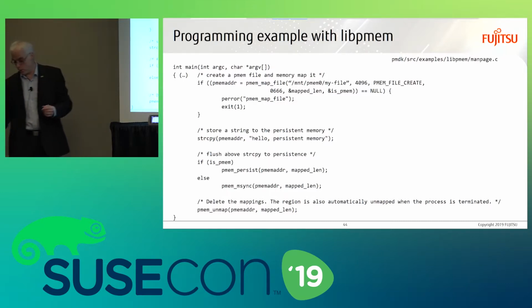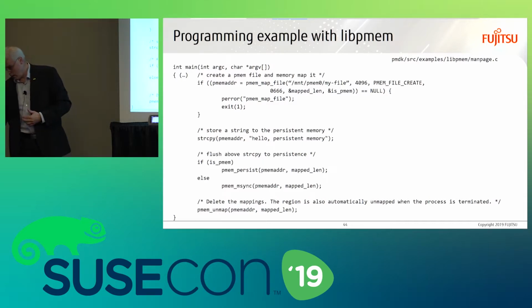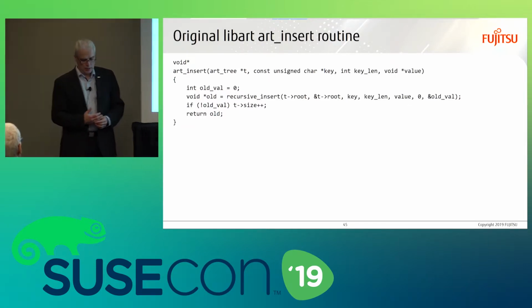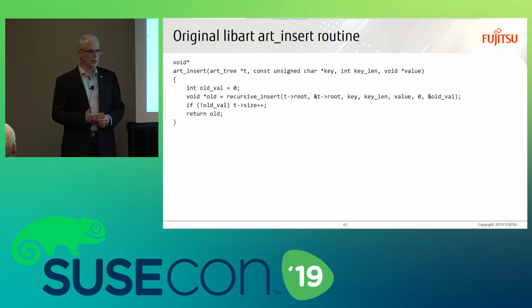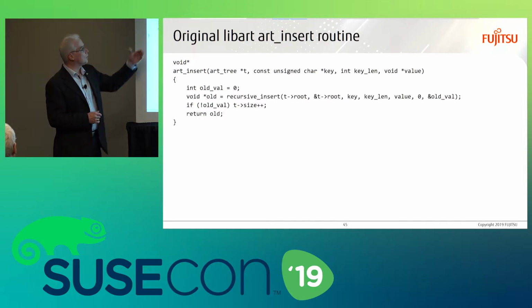The example is also in the PMDK with a couple of other examples. The next portion is about a library called libart. It's implementing an adaptive radix tree, which is used in databases where you want to insert a leaf in your tree, and the insert function, well,